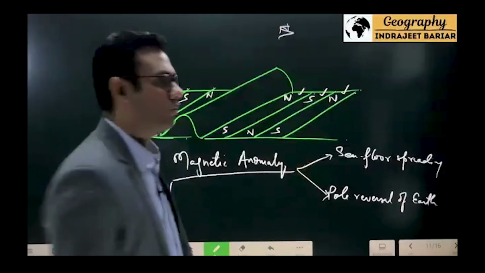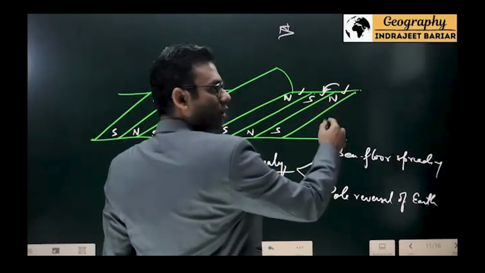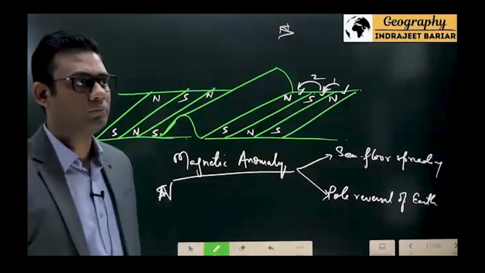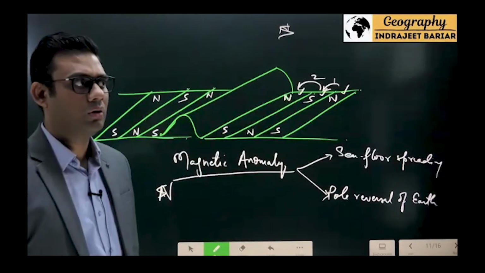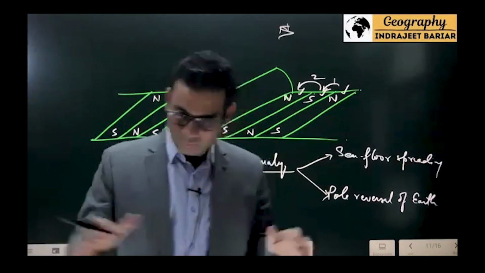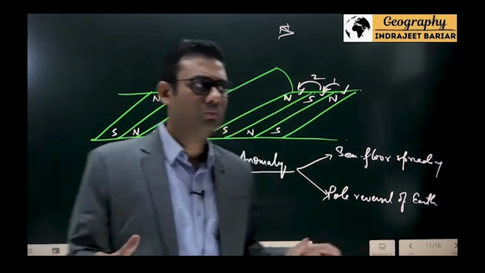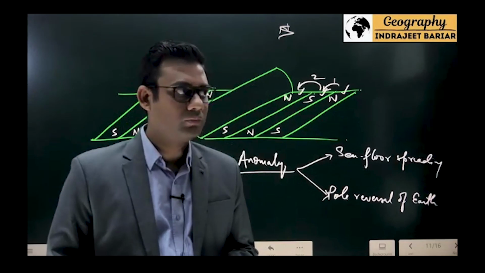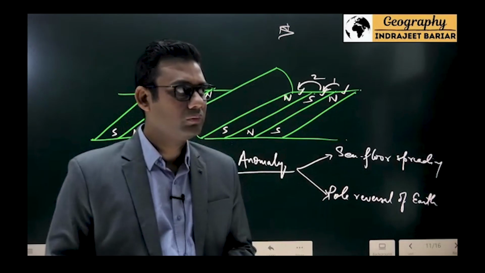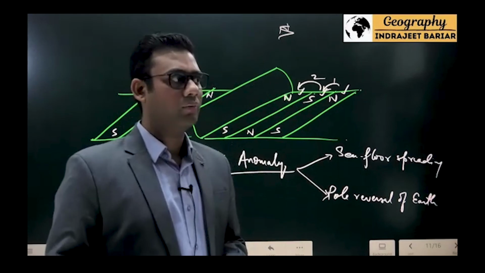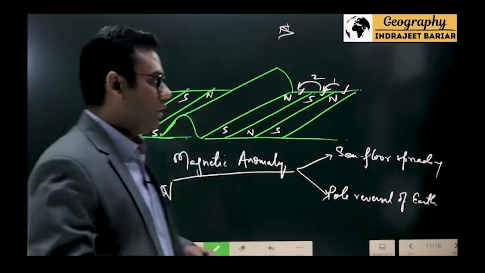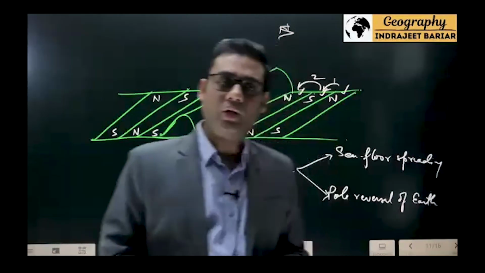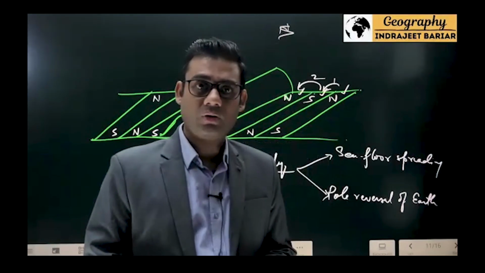पहले नॉर्थ साउथ था, वहां से एक बार साउथ नॉर्थ हो गया, और फिर से एक बार ये हो गया. 2 times चेंज हुआ. तो if you count the number of strips, you will be able to tell the magnetic history of the Earth. Correct, everyone? Magnetic anomaly. So these are the evidences related to seafloor spreading. अब इससे related बहुत interesting facts आते हैं कुछ prelims के लिए.